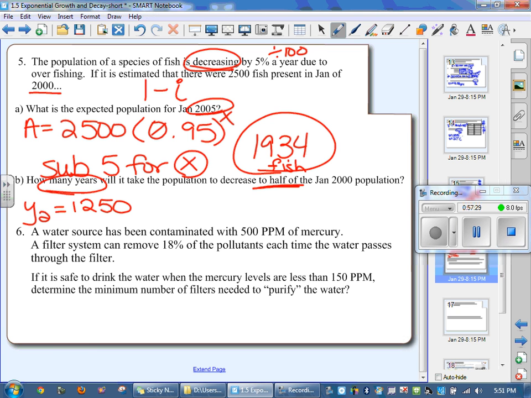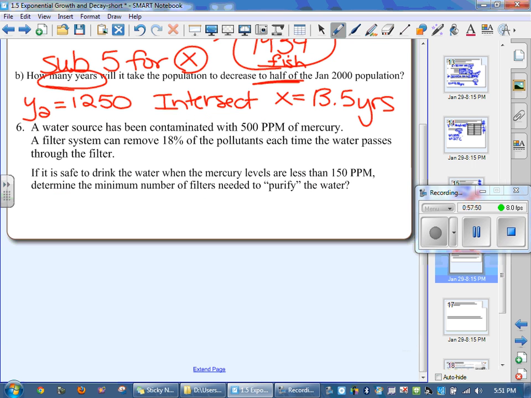All right, number 6. Again, 18%. You are removing something. It removes pollutants, so you're subtracting. So you're going to have 1 subtract i in this case. So again, don't forget, you've got to take i and divide by 100. So it's going to be 1 minus 18, or 0.18. Okay, so our equation is going to look like this. We're starting with 500 times 1 minus 0.18,